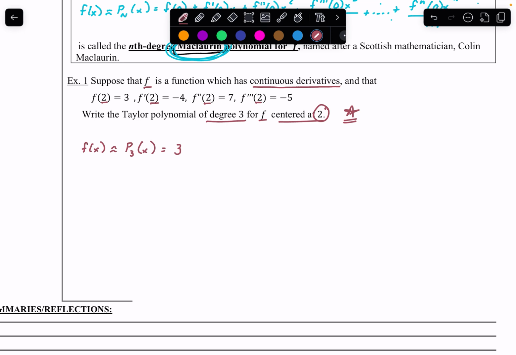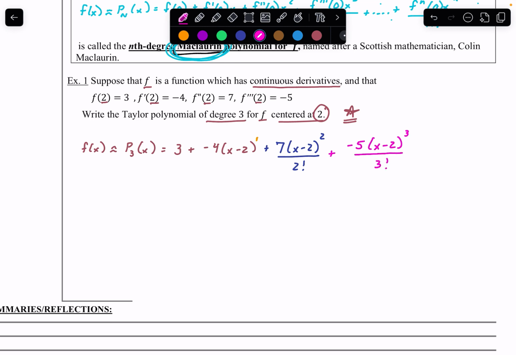Then I need f prime of 2, so I'm adding the term, but because it's a negative 4, I'm going to do plus negative 4, times x minus 2, technically to the 1 power, but you don't have to show that. Plus 7, f double prime, x minus 2 squared over 2 factorial. Right. Plus negative 5, x minus 2, excuse me, I got ahead of myself, x minus 2 cubed